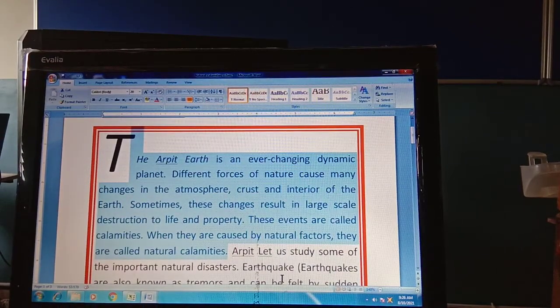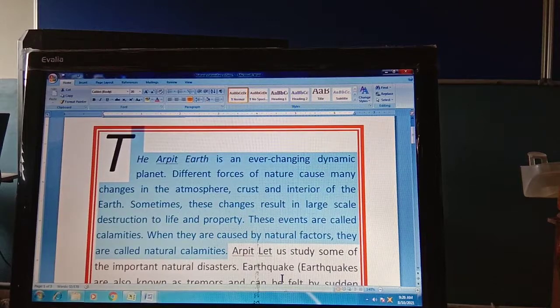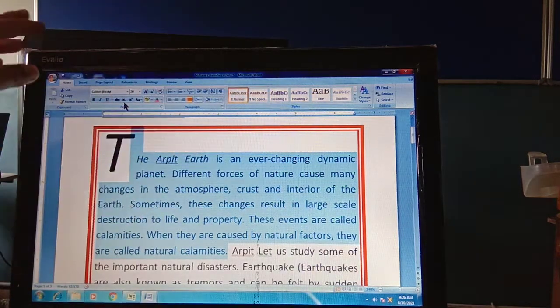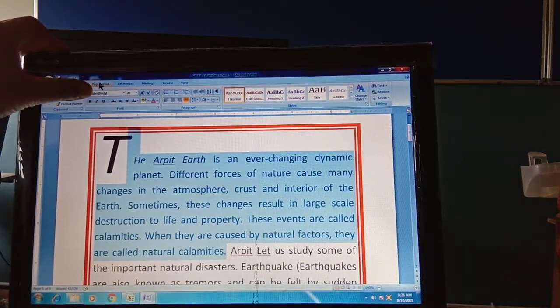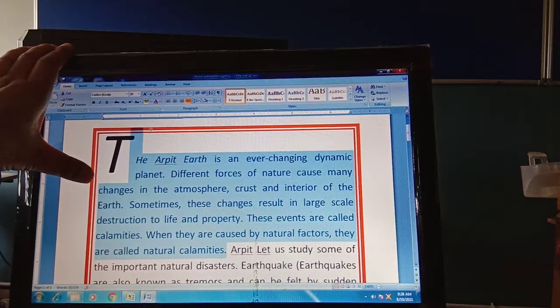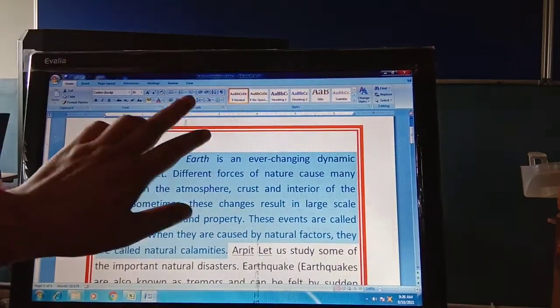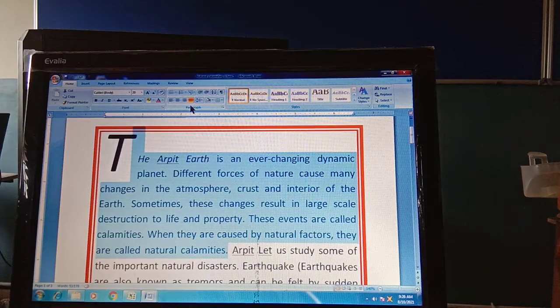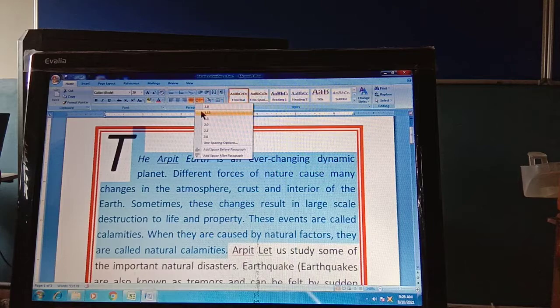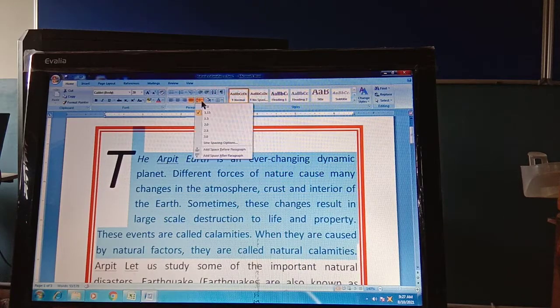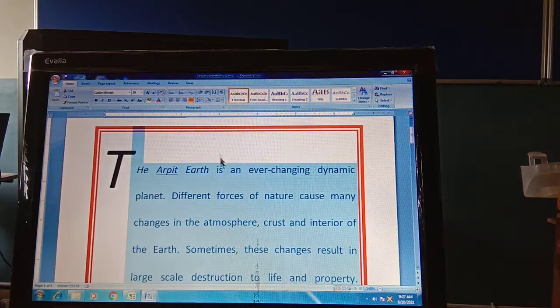then wait a minute. Then we have to click on the line spacing button in the paragraph group. Now where is the paragraph group present? Paragraph group is present in the home tab and in the page layout tab also, as we saw in the previous video. In the home tab there is a paragraph group. Here the line spacing button is present. From here you can directly change your line spacing.